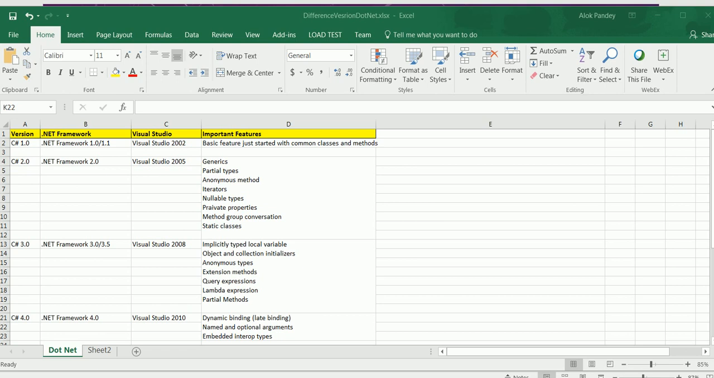As you can see here, there are four columns provided: version, .NET Framework, Visual Studio, and important feature. I'll start with the important features, and you will get all the details related to the .NET Framework. So I'm starting with the .NET Framework